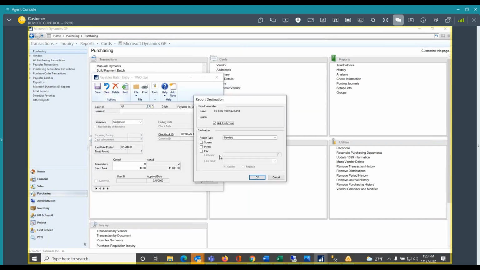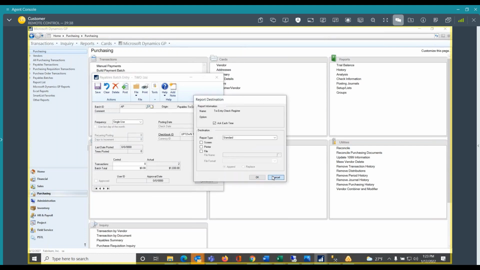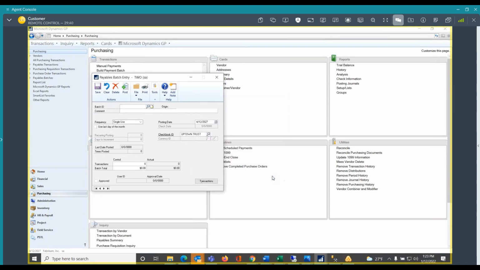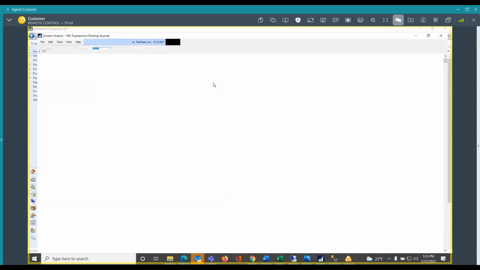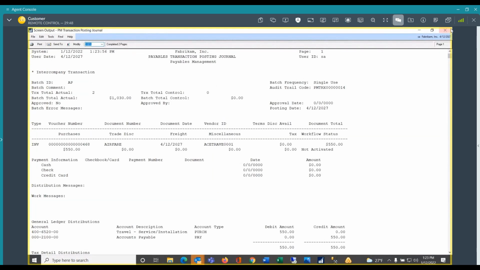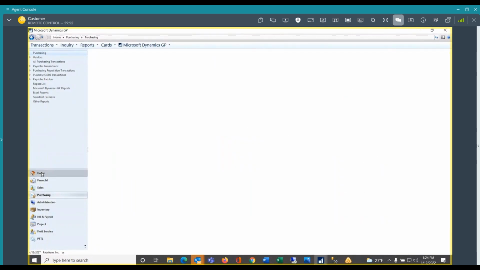Let's post it. What I would expect to see now is one task on my home page for ACE, but I should not see anything for the secondary vendor because their purchase was under the $500 mark. Now if we go back to our home page,